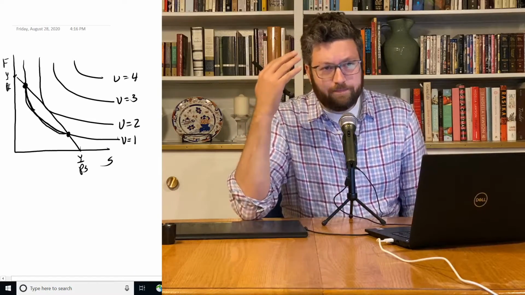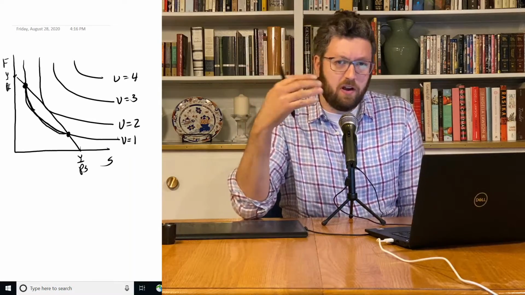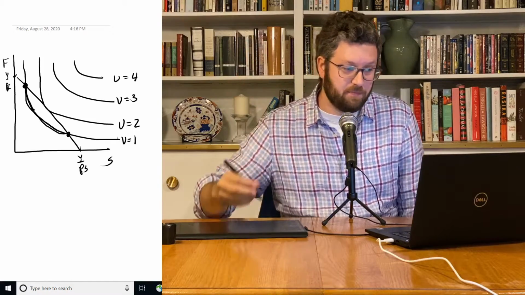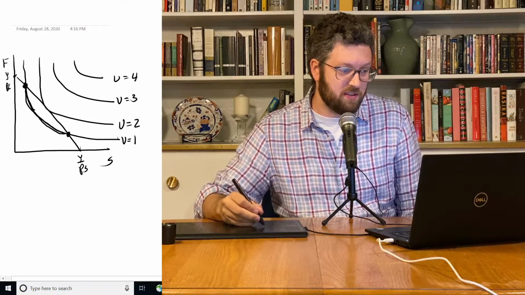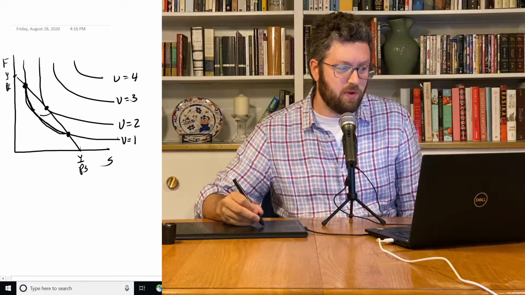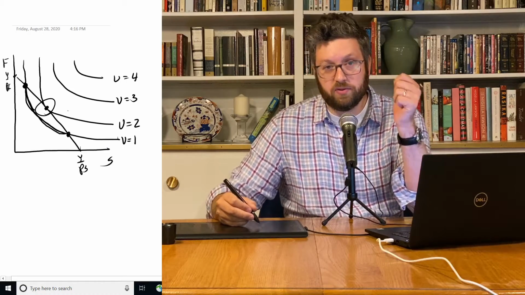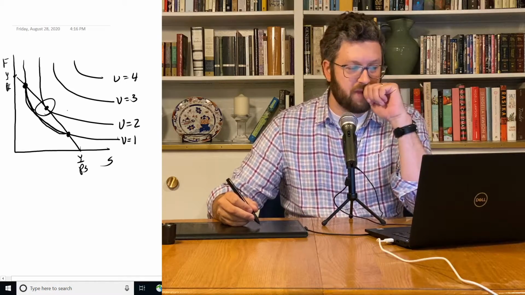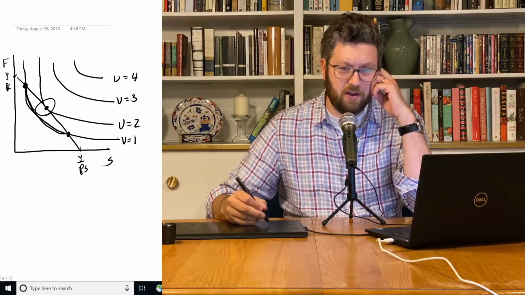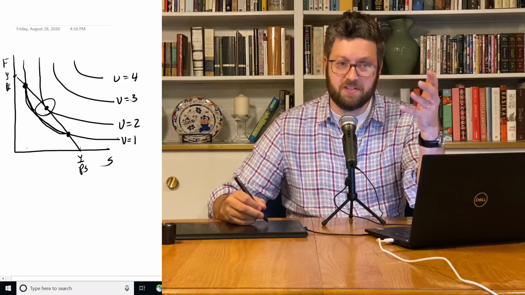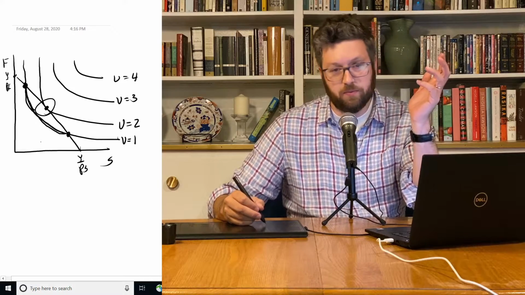But remember, utility is telling us what they prefer, and they would prefer basically to be on a higher utility level if they can afford it. And as I've drawn it, we can see that there is a single position right there where they can get utility equal to 2, and they can afford it. They don't have a lot of choices like they did down here about how to get to 2 utility. There's only one way to do it, but still, that's the best they can do,